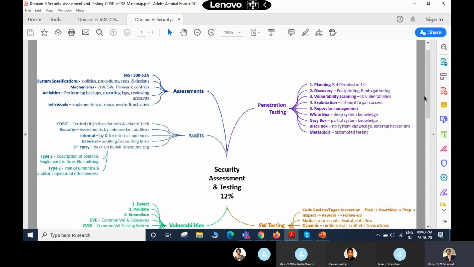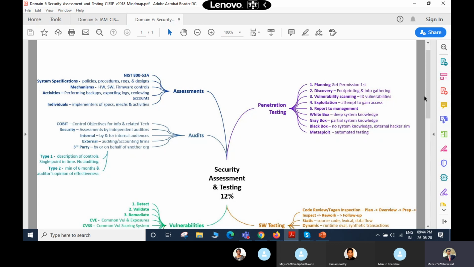Before you go into penetration testing, it requires management approval. Yes. And the approval must always be written, not verbal. Yes, it is basically an agreement or something. Yes. The second thing in penetration testing is what you are going to achieve.